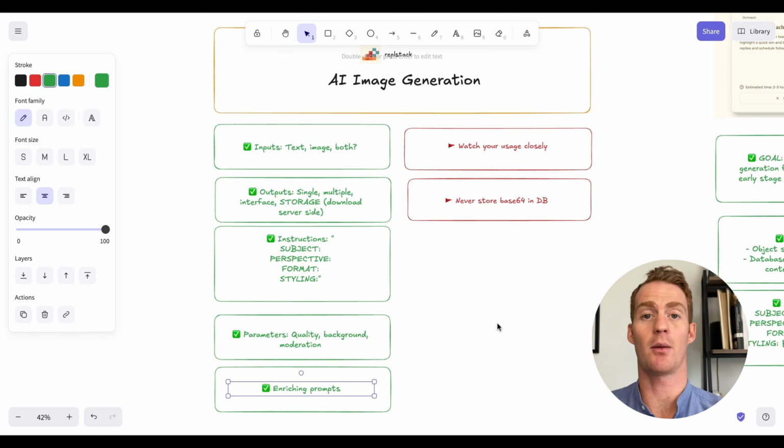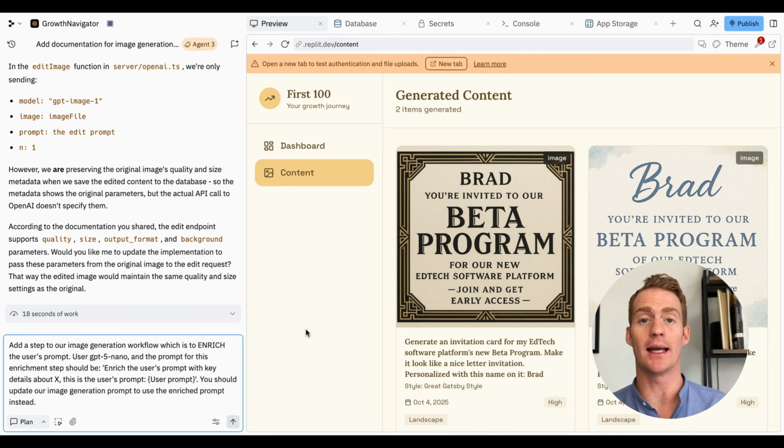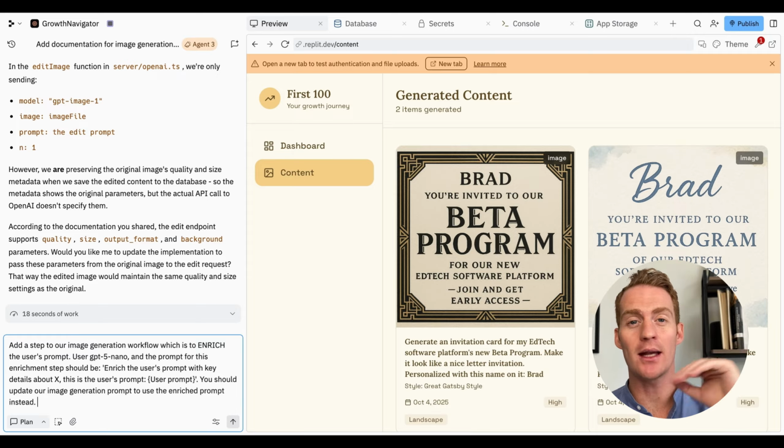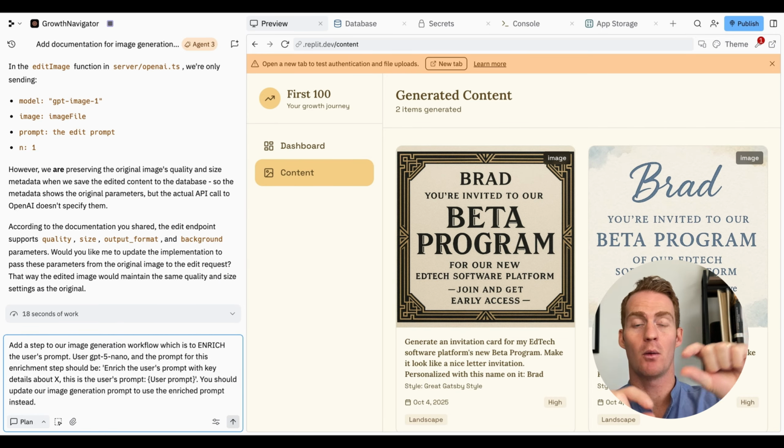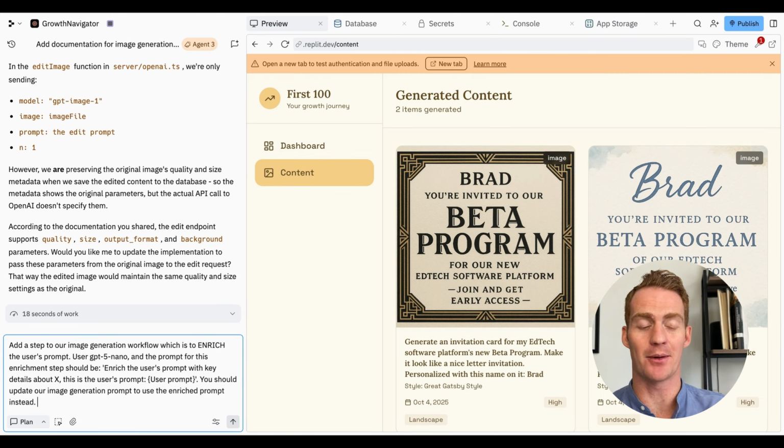The only thing I mentioned at the top was enriching prompts. So one thing that you can do is you can ask agents to add a step to our image generation workflow. So basically what we're doing is we're adding a step between the user's raw prompt and the image generation prompt, which is an enrich prompt step. Now you can use whichever text generation model you like. GPT-5 Nano is really fast and quite intelligent, and the price is quite good, so I typically tend to use